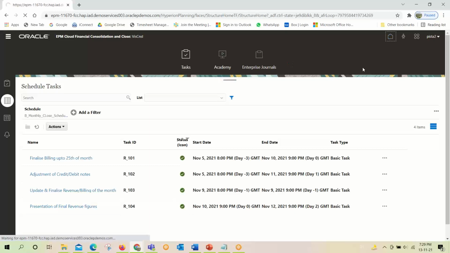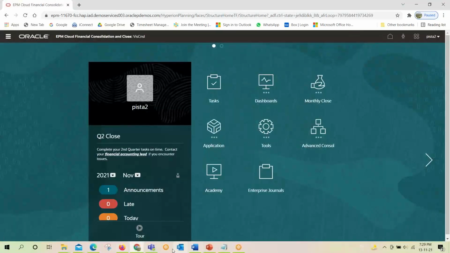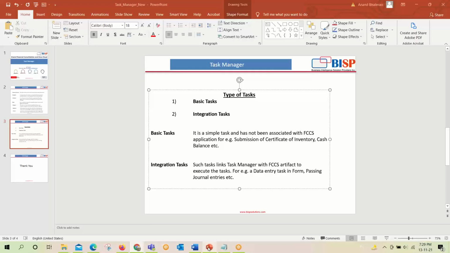So this is a typical work process, the task manager process, through which we can automate our activities and monitor things centrally.